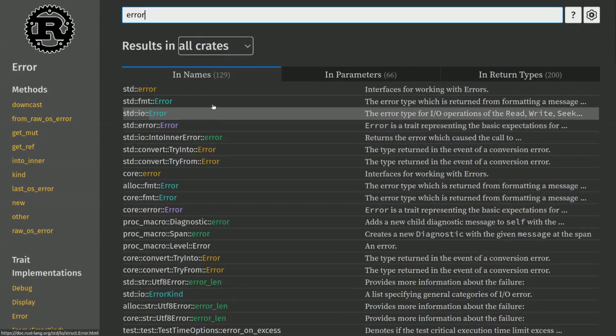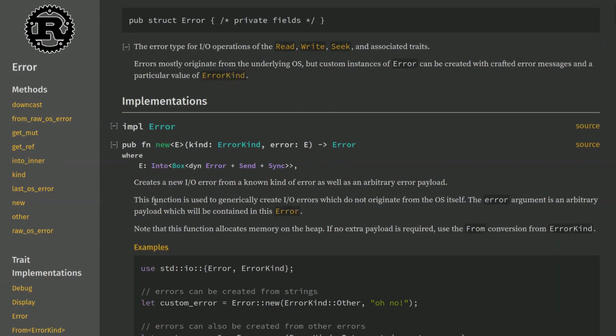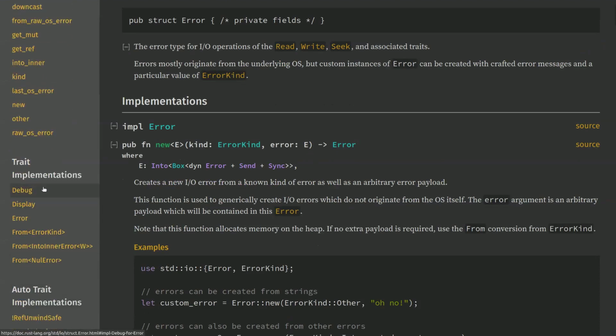The individual modules in the standard library are defining a type, in this case io::Error, a struct, that happens to implement debug and